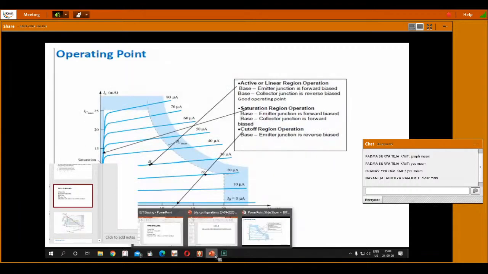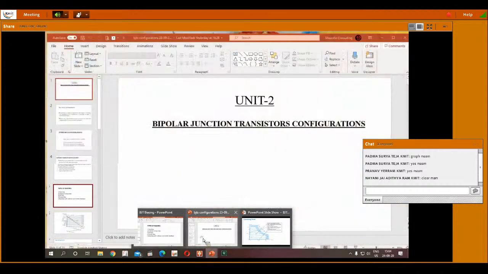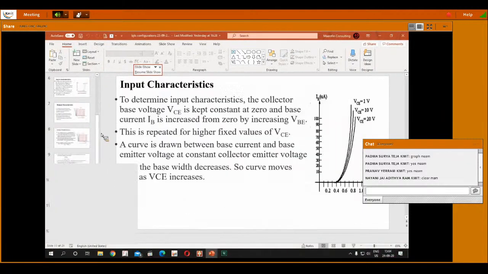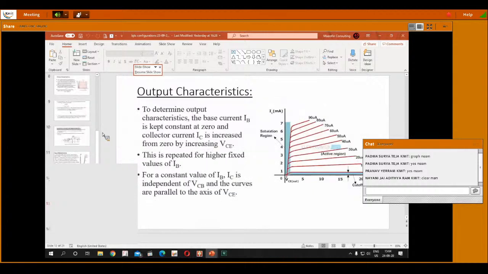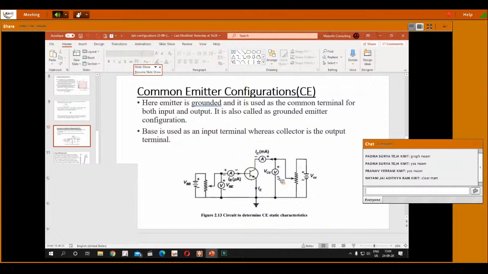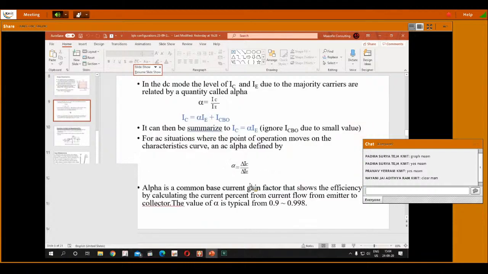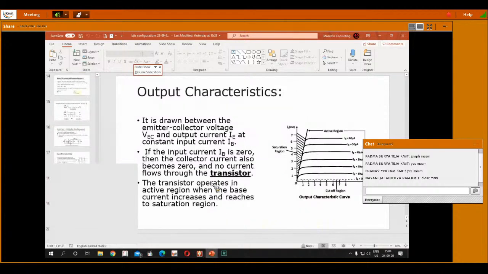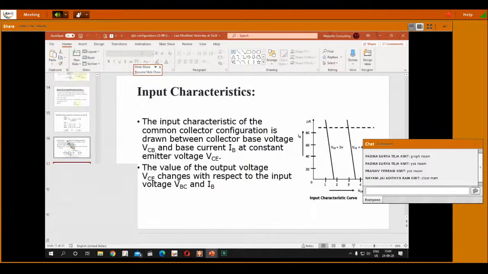In the last class I explained the common emitter circuit, and in the output loop how to calculate the voltages and currents. We have discussed all those things. Here, if I apply KVL in the output loop, then I can achieve